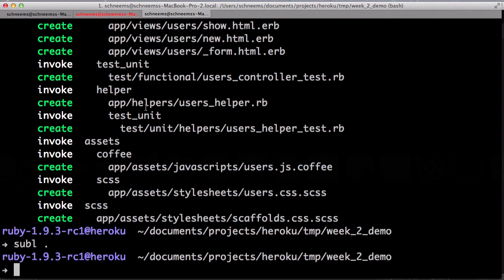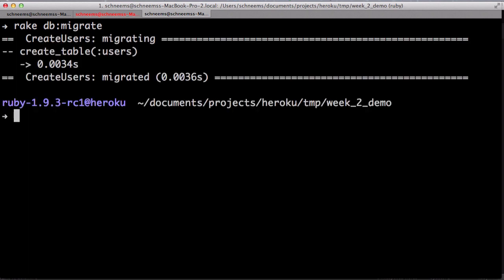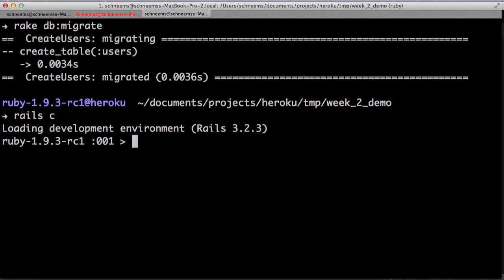Let's go back to our terminal. So rake db:migrate. And you can see here it's creating users, creating the table, and now we can actually go in Rails console, or you can also abbreviate it just rails c. And now we can create users. So User.create name